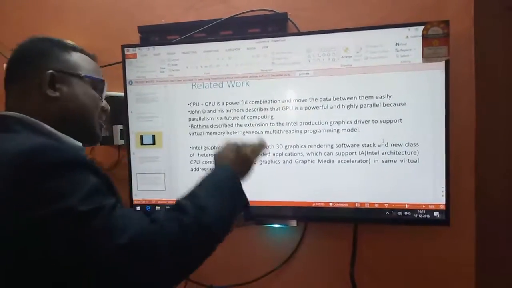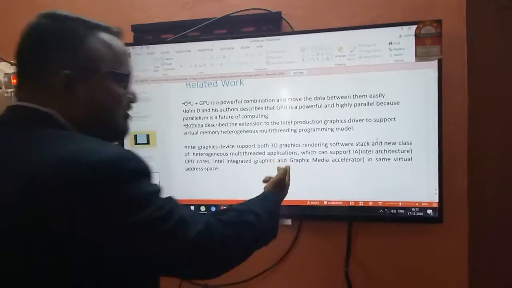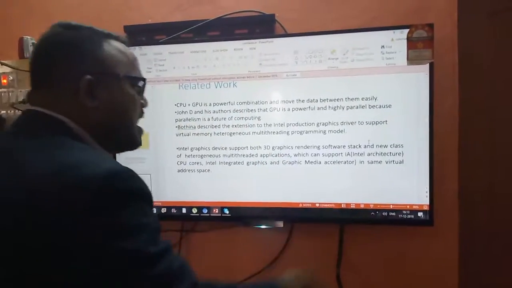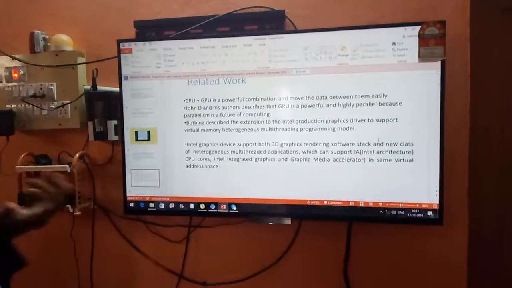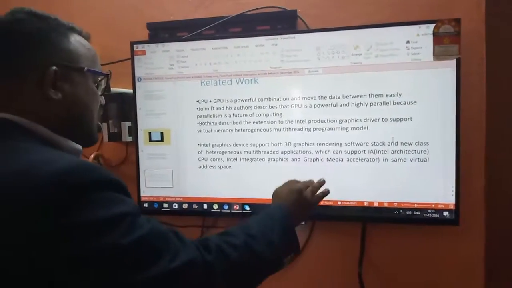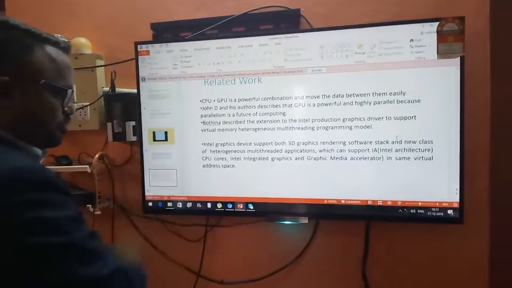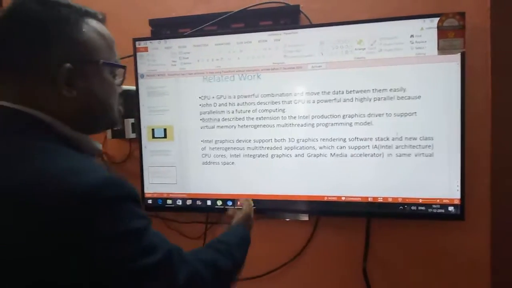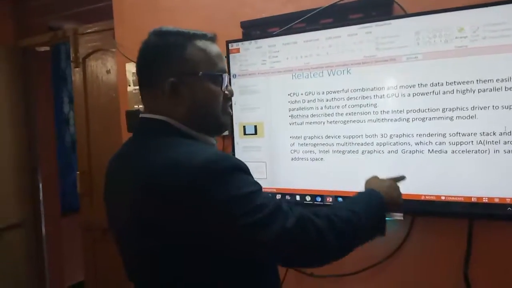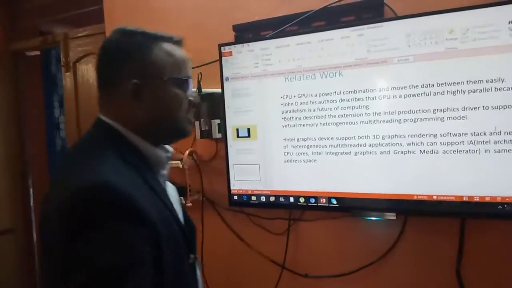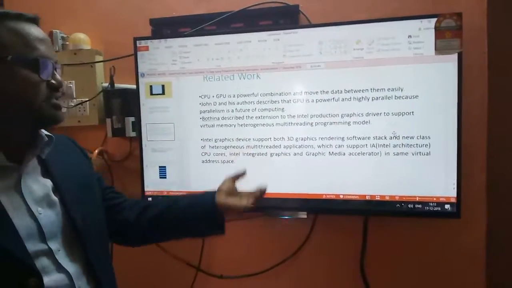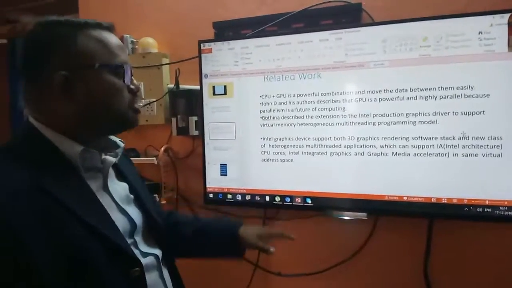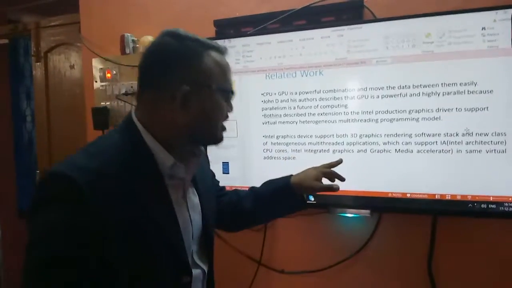The Intel graphics device supports both 3D graphics rendering software stack and new classes of heterogeneous multi-threaded applications which can support the Intel architecture, which contains the CPU cores and also supports Intel integrated graphics and Intel media accelerator in the same virtual address space. That means Intel 3D graphics contains both CPU cores as well as integrated graphics